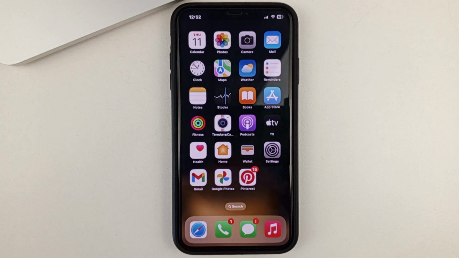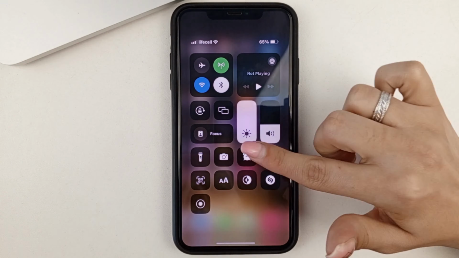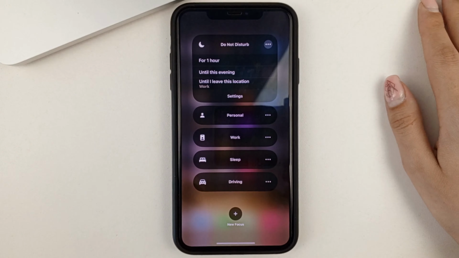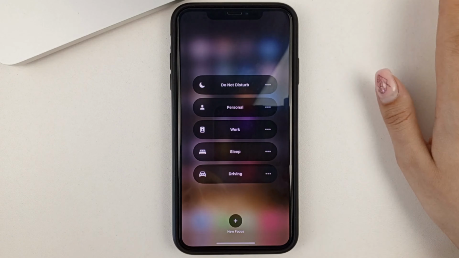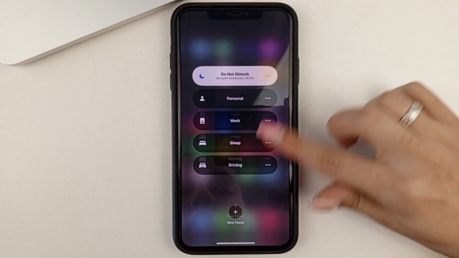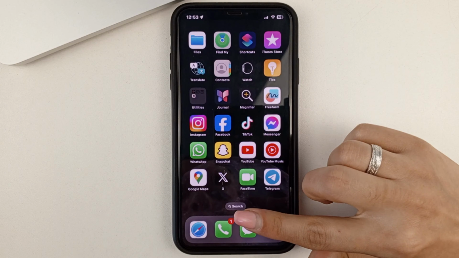And further, to activate Do Not Disturb, you don't have to go into your phone settings every time. You can just swipe down from the right side of the screen. Here you will also see a shortcut like Focus. You tap on it. And here you'll see the Do Not Disturb mode, which you can activate. As you can see, my screensaver changed immediately.